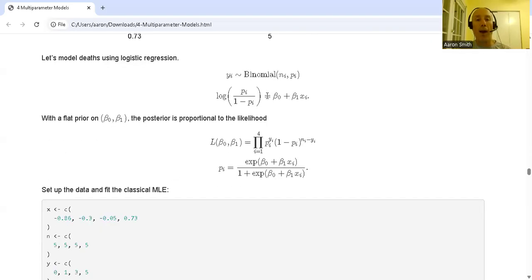We're going to say that the number of successes is binomially distributed with the number of counts and the probability of success for each one. P is going to be the probability of success, and 1 minus P is the probability of failure. The log of this ratio, which is the odds, the probability of success over the probability of failure, the log of the odds,